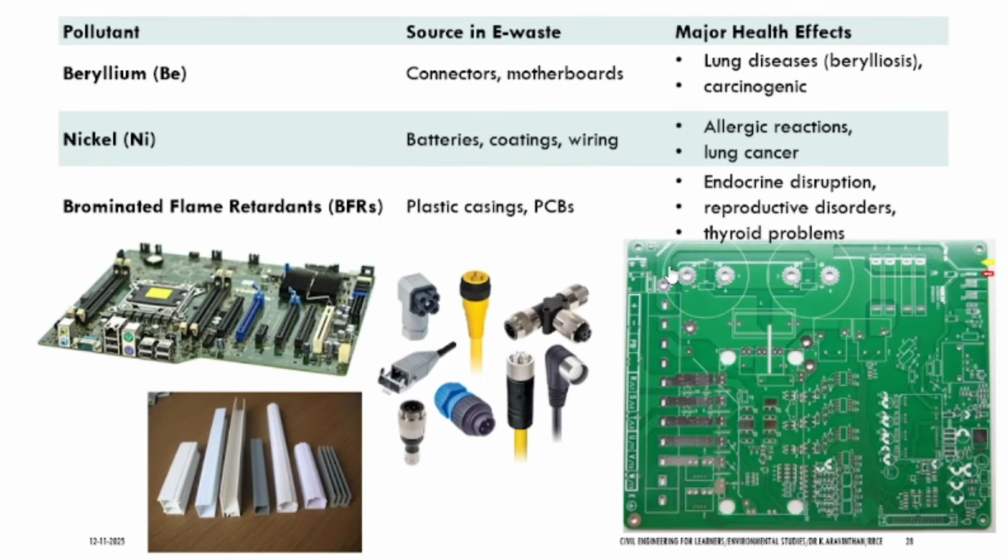PCBs mostly have gold, aluminium and silver. Can you see this? These are all silvers. So if you throw this out, if you collect this silver, these are some metals which you can resell. Even in PCBs, gold is used in order to conduct the current. So like this, you have different metals. Beryllium causes lung disease, and nickel, which is available in batteries, causes allergies.